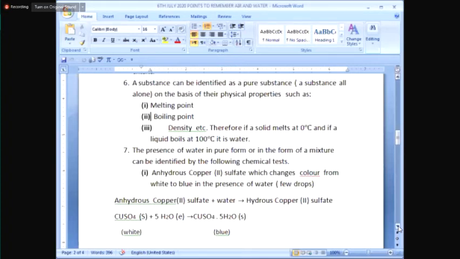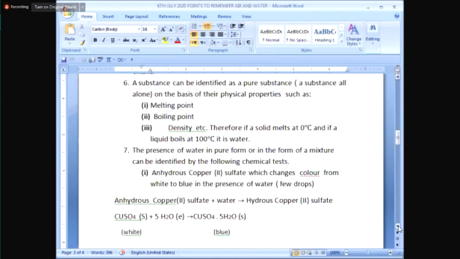MCQ: which physical property determines that the colorless liquid is water? They'll give you 4 physical properties. The one which helps in identifying a substance to be pure and to be water, because water is our topic, not sulfuric acid. So we are not dealing with the boiling point of pure sulfuric acid or its melting point. If it has a 0 degrees Celsius melting point in solid state, and 100 degrees Celsius in liquid state, we call it water.